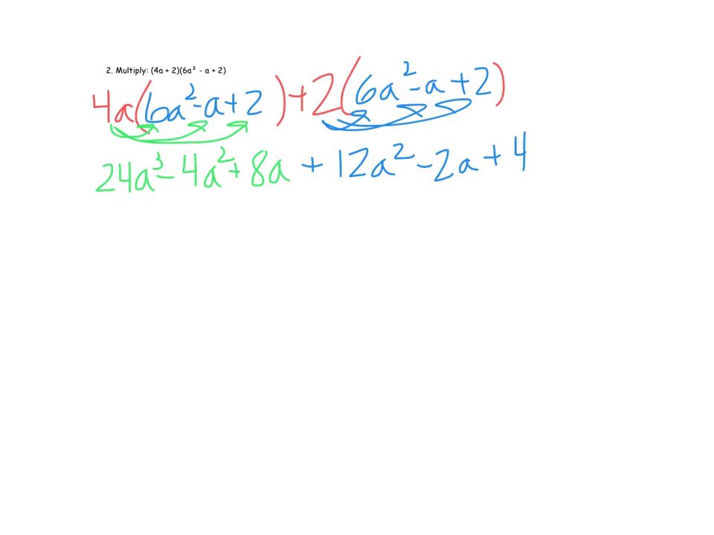Now all that's left to do is to combine like terms. So let's look for any a cubes. I've only got one a cubed, so we just bring it down. Cross it out as we use it. Let's see, we've got an a squared, another a squared, so negative 4 plus 12 gives us positive 8a squared. And then let's look for our a terms. We have an a term there, an a term there, so that gives us 8 minus